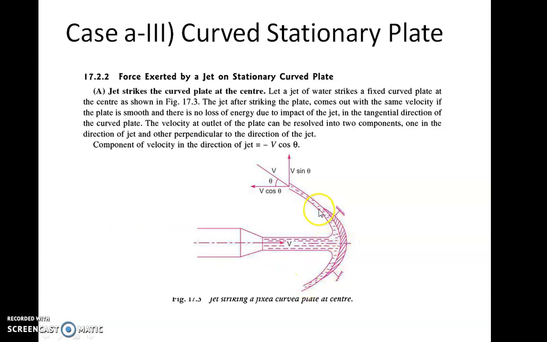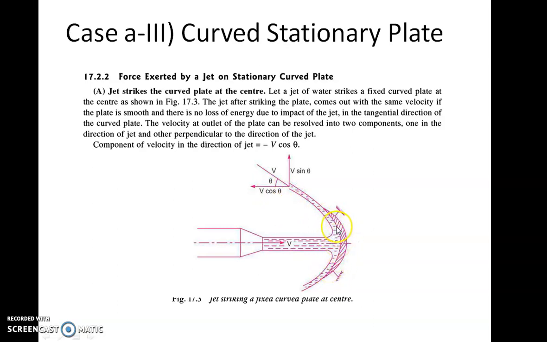Now the curvature is given purposefully for the plate, so there will be a sudden change in direction, and because of that there will be some velocity component which will be coming in picture in x direction also, and we are making use of that velocity component in negative x direction to increase the force. So let us see what is the change in the force if the plate is made as a curved plate.